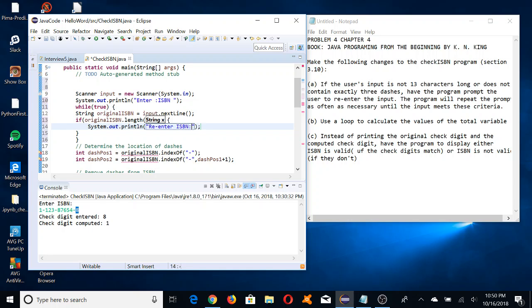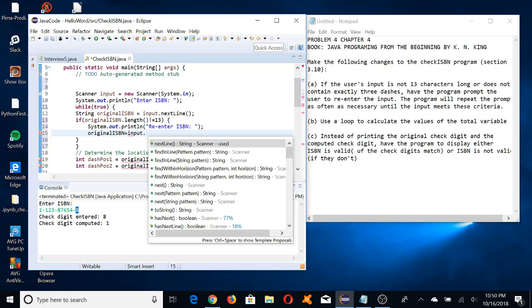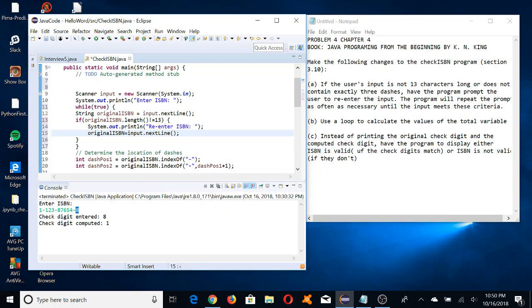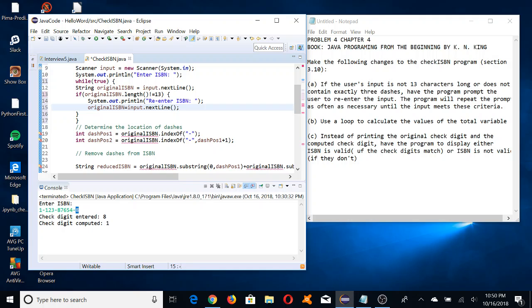And we have to change this. Okay, and then we store that on the original input, the next line. Okay, and if equal, it's going to go here,